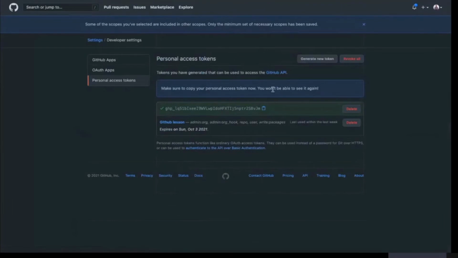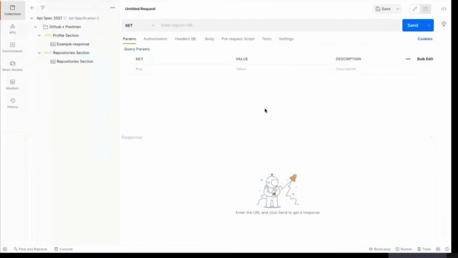Yeah, so copy your token because you make use of your token in the Postman environment. So that's our playground. Here is what Postman looks like. With Postman, you have collections, you have APIs, you have environment, you have mock servers, you have monitors. You have a whole lot of workspaces you can work with,